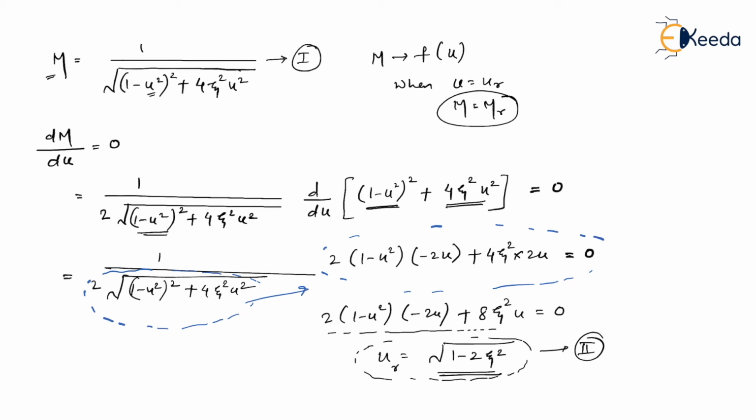So what I'm actually going to do, I'm just going to take this M expression as it is, and in the place of u, I'm going to substitute the value of ur so as to get the value of Mr. So let me substitute the value of ur, but before that let me write the generalized expression for M once again. It is definitely time consuming, but let me tell you, once you understand the meaning of this, then it will give you another joy.